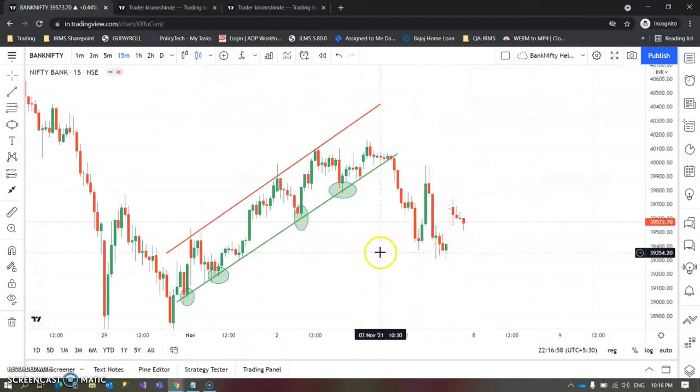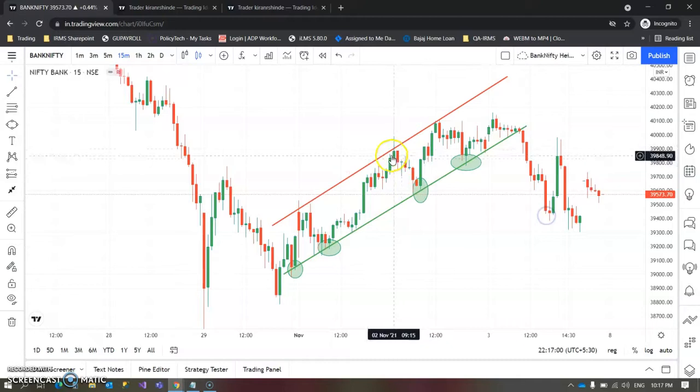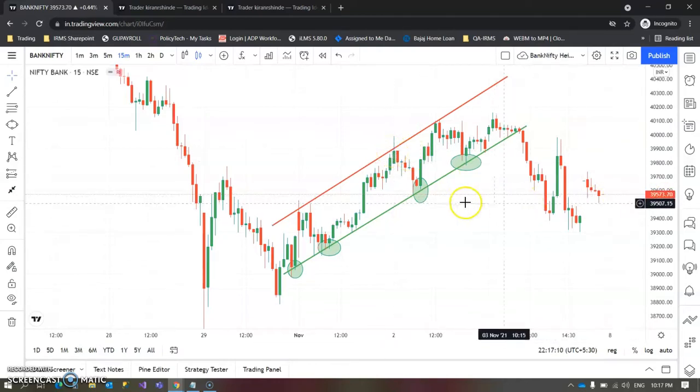So that is why we should use the 15 minutes time frame, which is the best time frame. And one more example I just wanted to give regarding the false breakout: you need to also consider the support levels present horizontally on these particular levels, that is 39,700, 800, maybe anything.